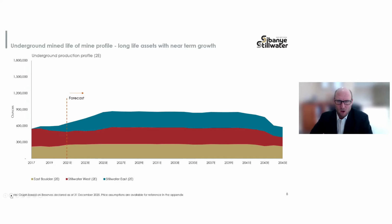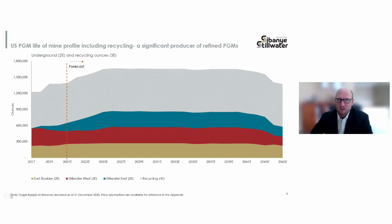Thank you. I think on top of that, again, just to touch on the recycling base adds an additional 800,000 ounces of production, albeit secondary production, to these operations. That is a substantial 1.5 million ounce production that we have coming out of the US. A strategic location, the only producer of PGMs within the US, and certainly an asset that is deemed to be